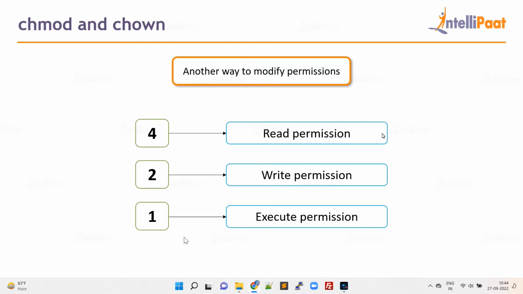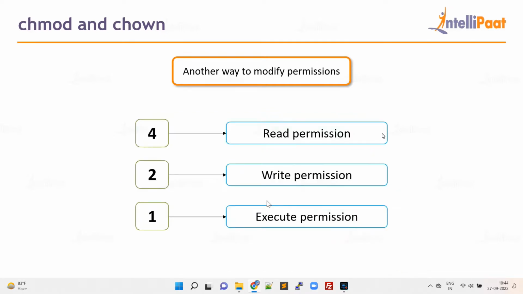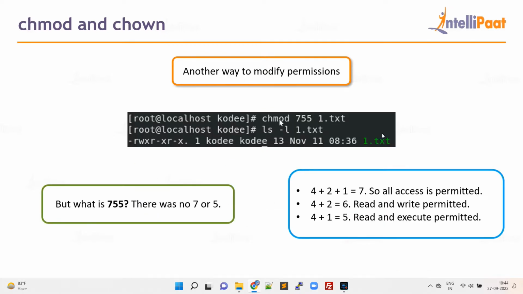Now numbers, let's say 4 is read permission, 2 is write permission and 1 is execute permission. So here you can see r, w and x. So the addition of r, w and x is 7. That is 4, 2 and 1, which is 7. So now coming down, so you can see here chmod